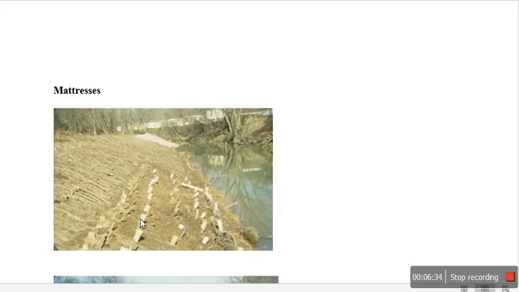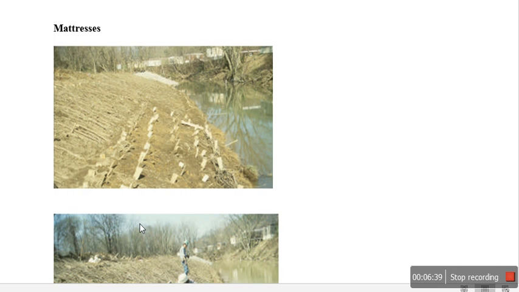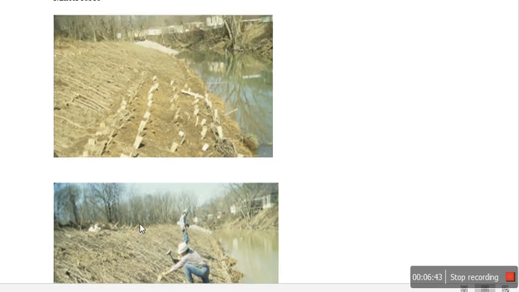Next, the last method is mattresses. Mattresses are usually a very effective method, but they are not long term. This is short term. For example, here there is a road, and there is water here, and they have made a slope here. Due to weathering, the erosion of the surface may take place and it will collapse the soil here. In order to prevent this, we provide some stones that are inserted inside.